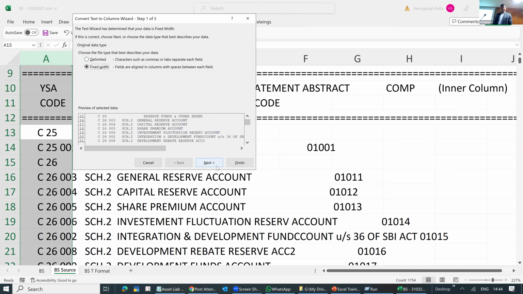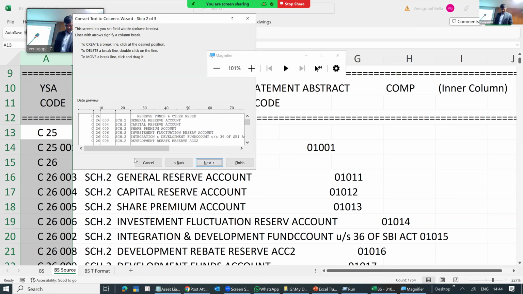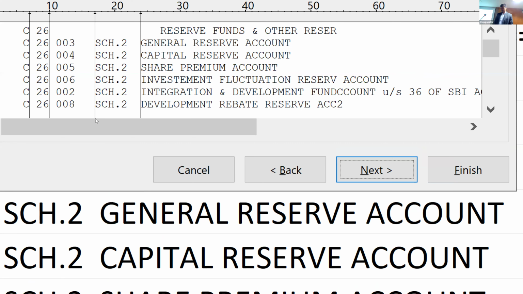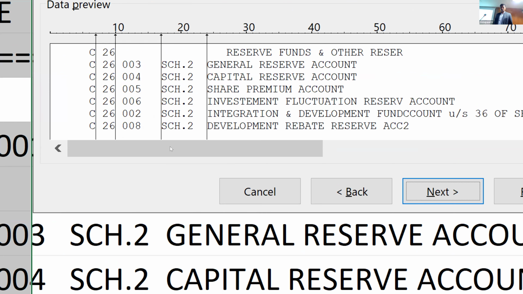When you click next, you can see the small lines coming. Let me first zoom in. Those lines are basically columns. So you should be able to split that into columns.